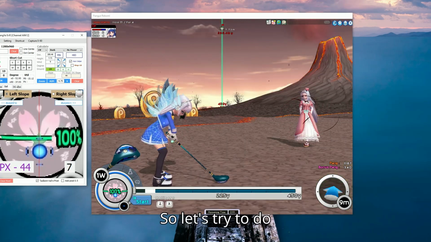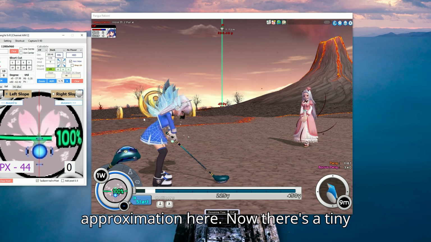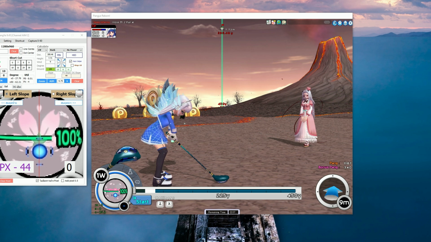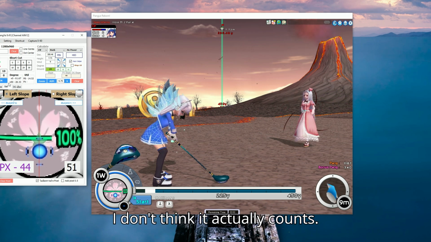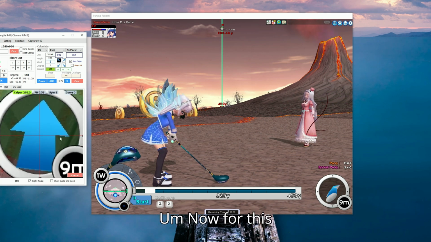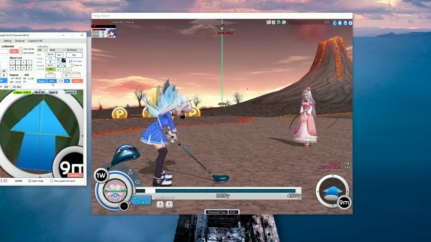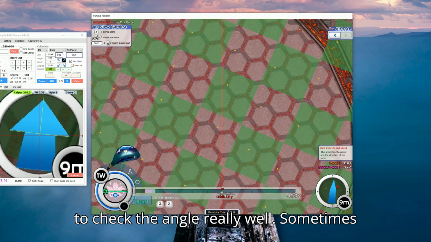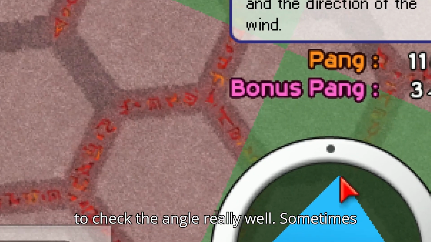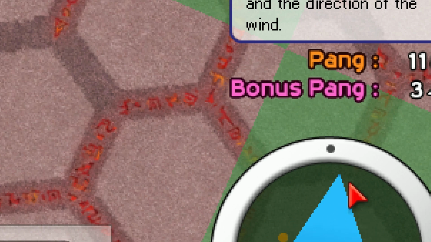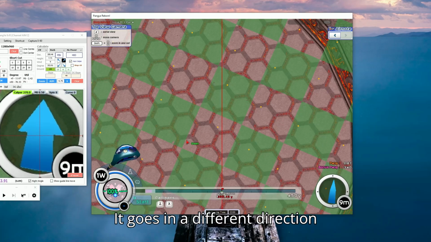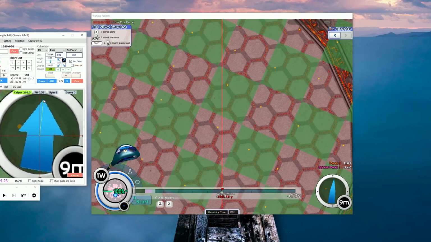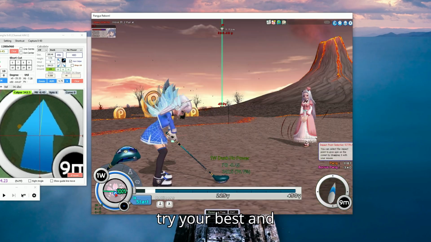So let's try to do approximation here. Now there's a tiny little bit of, I guess, a pixel. I don't think it actually counts. Now for these trick shots, you want to check the angle really well. Sometimes it goes in a different direction by a few seconds, right? So just try your best and